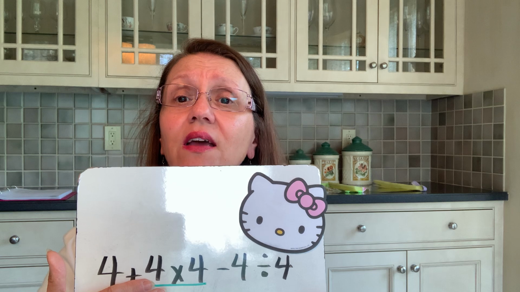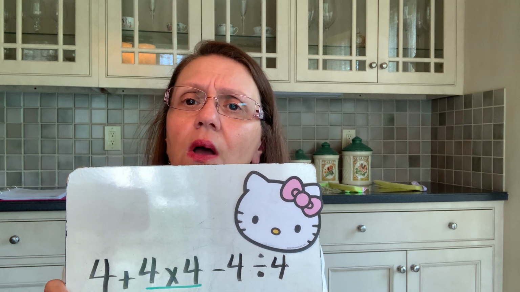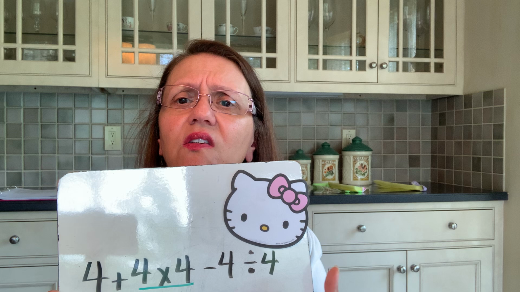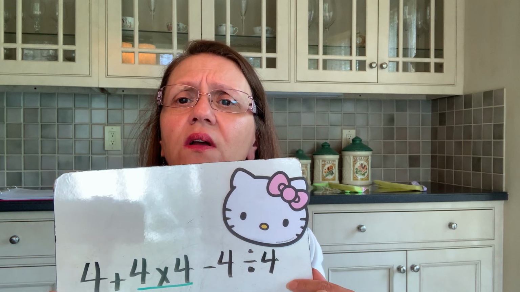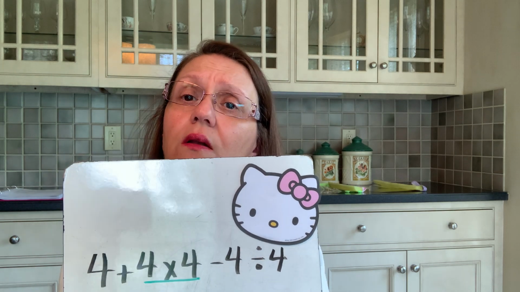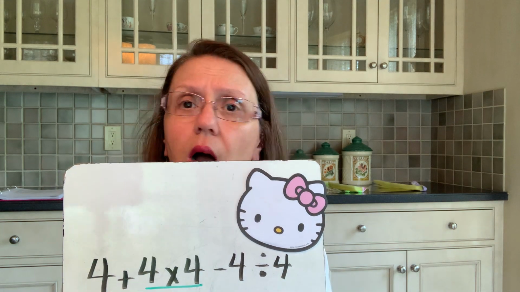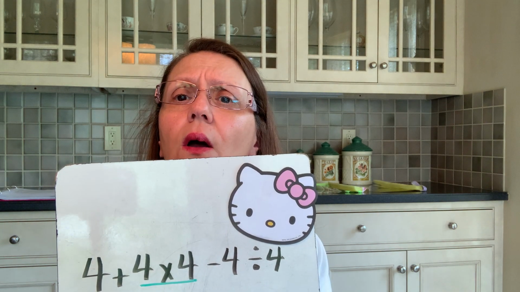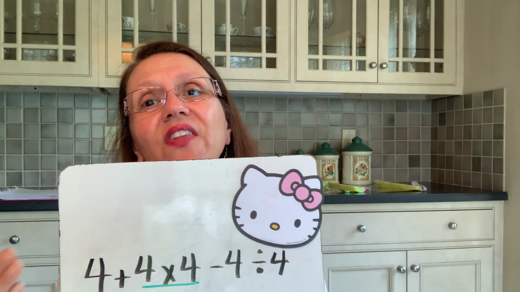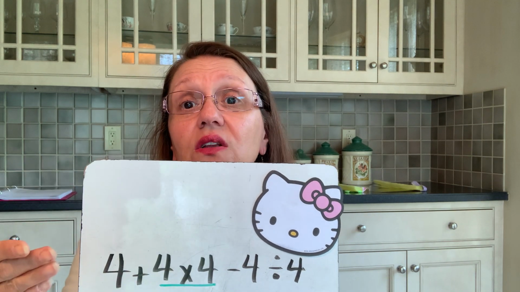Here's an example. 4 plus 4 is 8. 8 times 4 is 32. Minus 4 is 28. Divided by 4 is 7. Okay? There's the answer, 7. But what if I decided to do it this way? 4 divided by 4 is 1. So 4 take away 1 is 3. 4 times 3 is 12. 12 plus 4 is 16. Okay. Well, what if, you see, depending on the order that you do your calculations, it will give you a